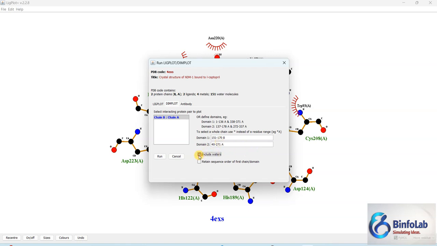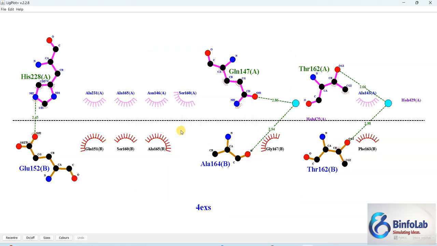You can include water, that's okay. If you want to see the same order, so click checked it, otherwise leave it. Okay, now it's running. Now you can see it says that